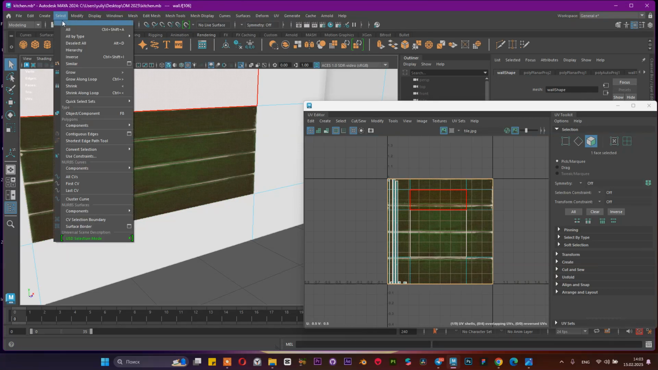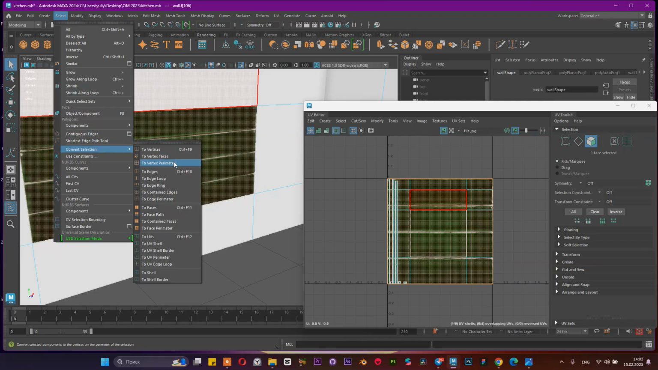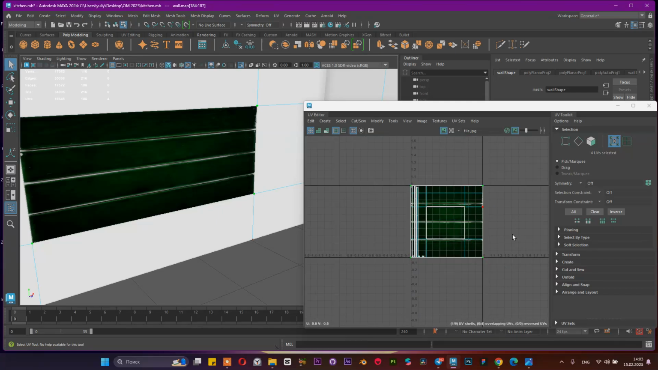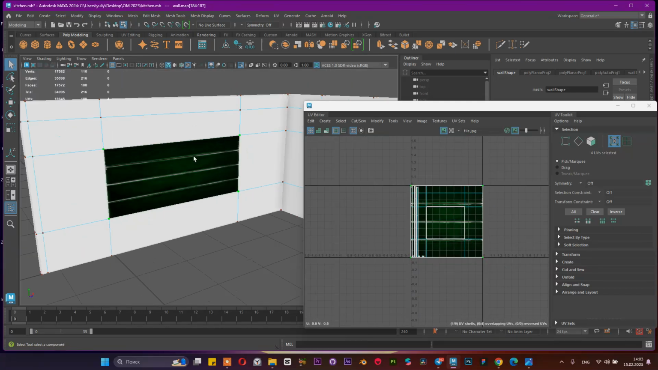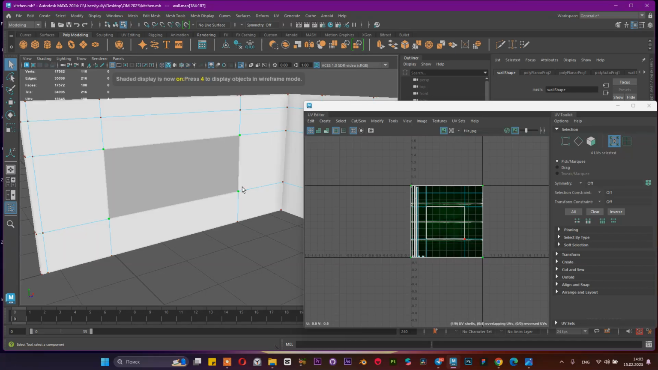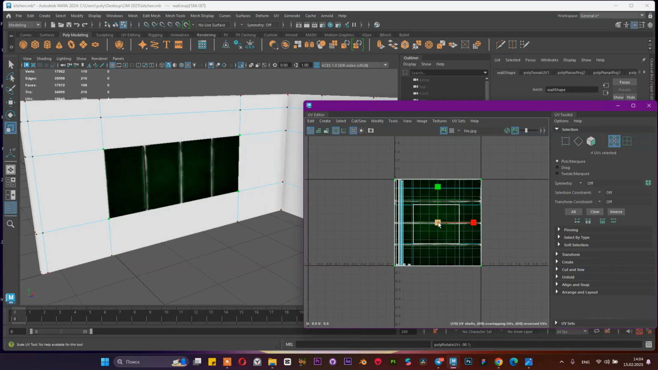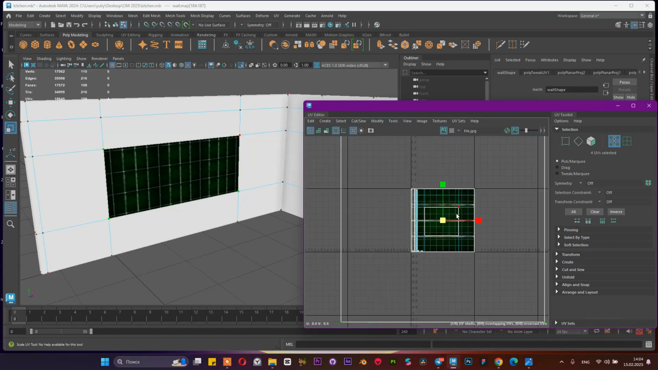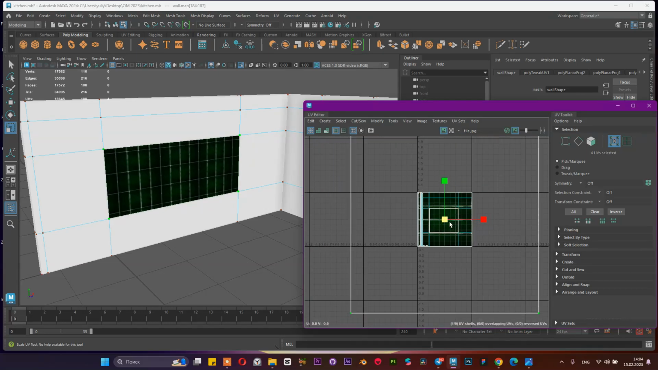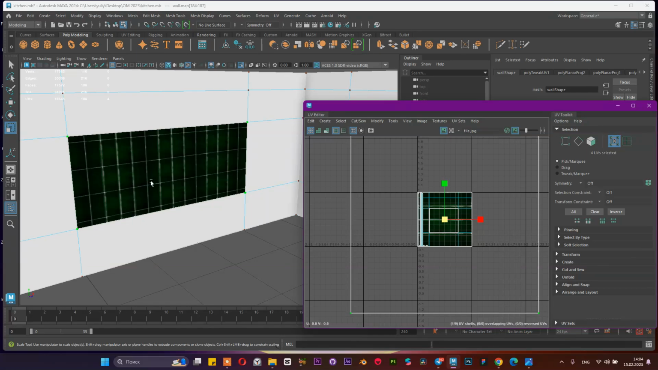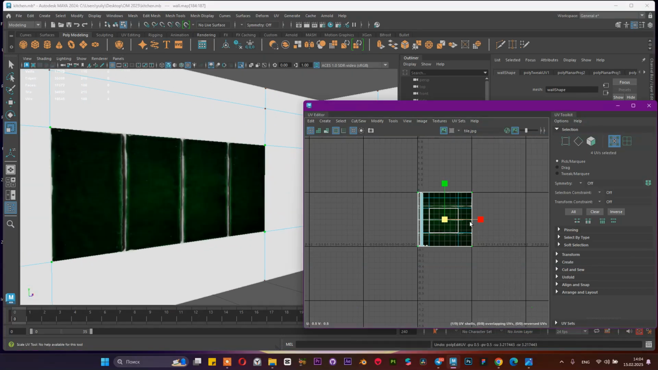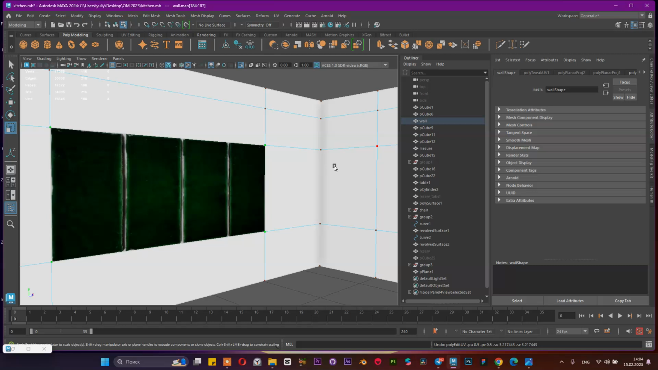we can use select, convert selection to UVs. And now we selected only the UVs for this face, and we need to rotate these UVs. We can rotate clockwise, and we can scale it around this surface. We can use scale, or we can use repeat of this texture. It's better to use repeat,